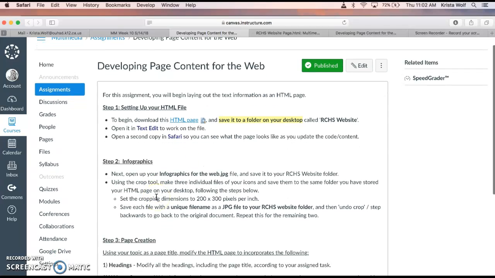Okay, so here is the step-by-step instruction for working with your images. You're going to open up your JPEG file and save it to your RCHS website folder, which the first section tells you to create. And then you're going to be using a tool called the crop tool in Photoshop to make 3 individual files of your icons and save them each to that same folder where your HTML page is,